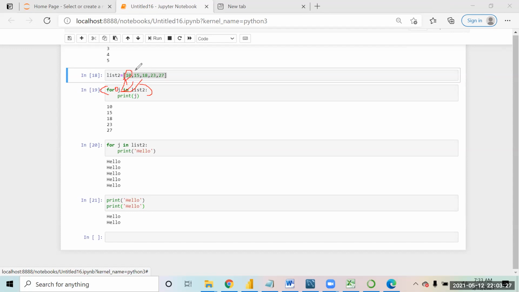If you want to use that value, you can use it in the code. Like in this case, I said print j, so it is printing that value. First time it was 10, second time 15, then 18, and likewise. But if you don't want to use that value, you can simply write another piece of code for whatever you want to do that number of times the loop was created for.